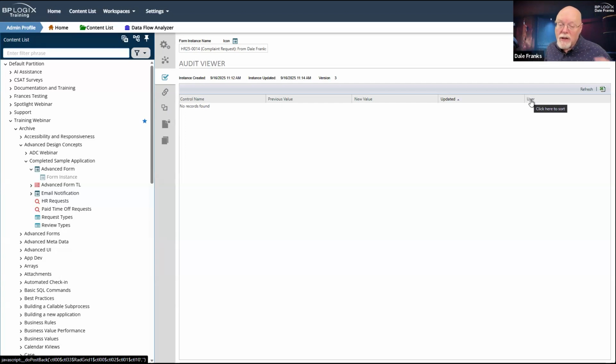It will not necessarily show you every field on the form that has been filled out, but it will show you every field where a value existed and then was changed to a different value. And what this enables you to do is to follow the edit history of a form.